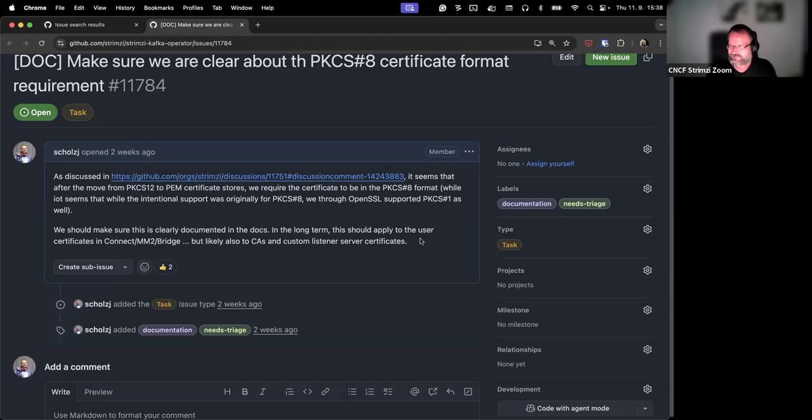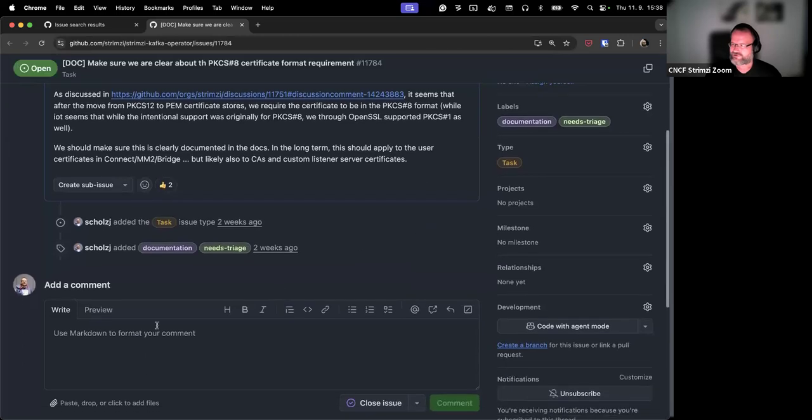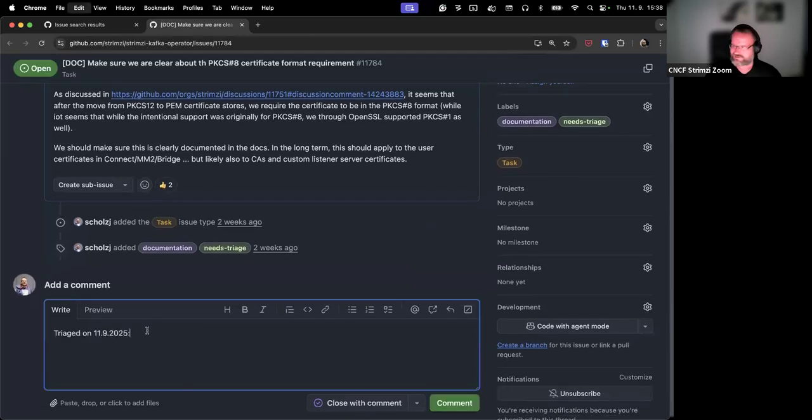That was what we intended to support from the beginning in the past as well. But whether we wanted it or not, PKCS1 was supported as well when we used OpenSSL and the Java keytool. And that doesn't work anymore. So I think we should make it clear in the docs that it has to be PKCS8.